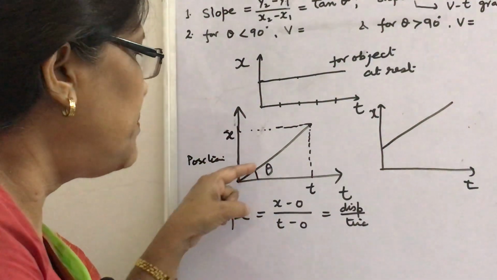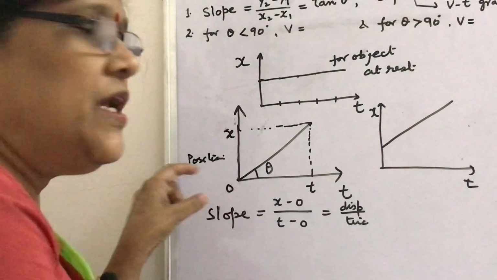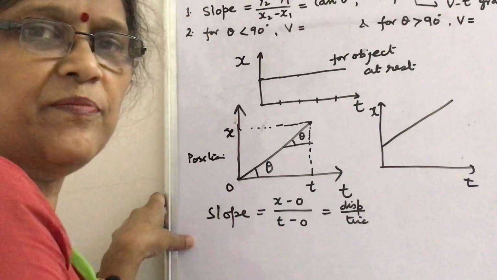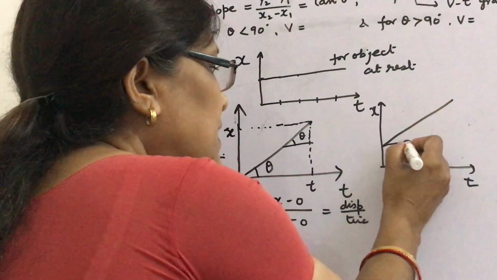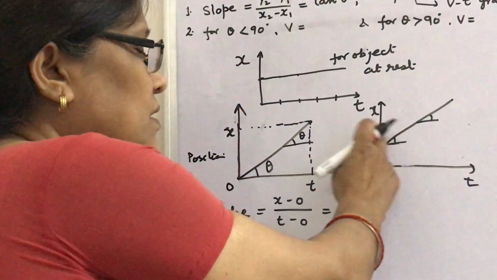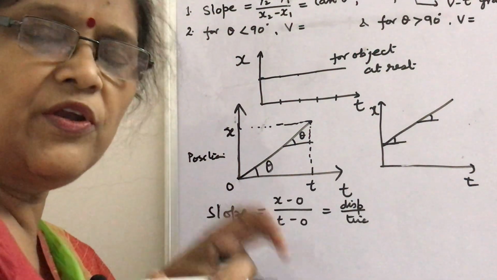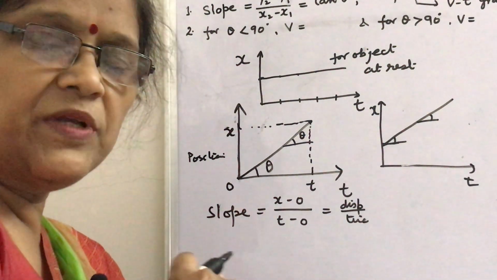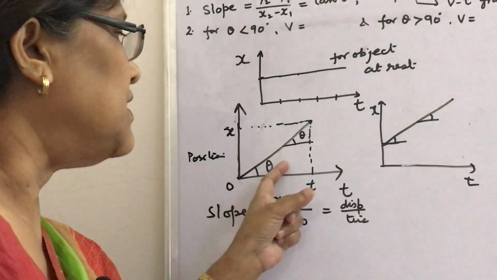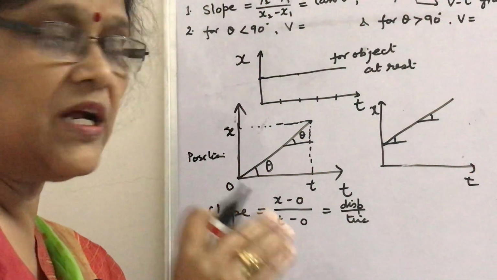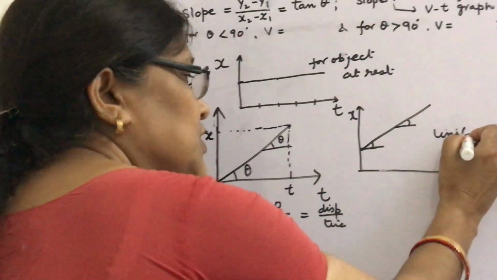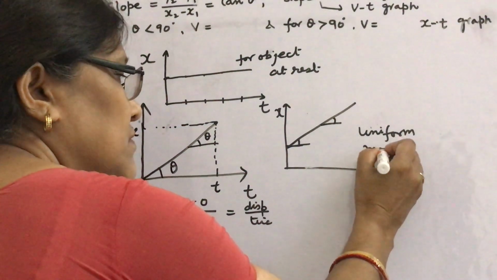Why? Because the slope is not changing anywhere. Anywhere theta is the same, that is, from the horizontal the value of theta is the same. Similarly, here the theta is the same at every point, and this is also the graph for uniform motion. Uniform means constant, that the object's velocity is constant. The object's velocity is not changing. So, in this way this is uniform motion. This graph represents uniform motion, or the object is moving with constant velocity.